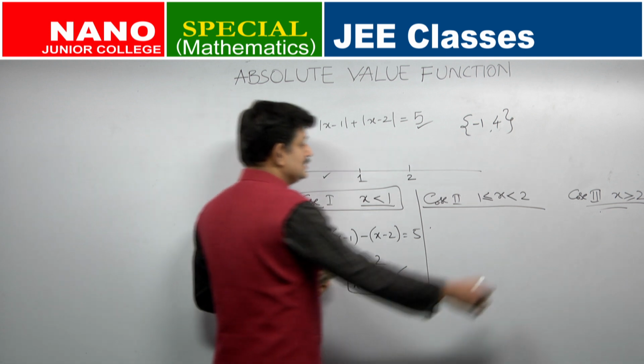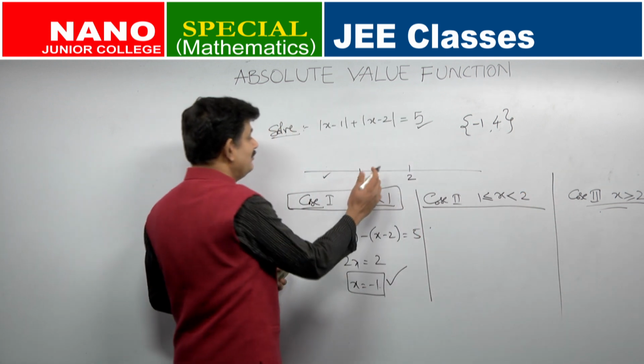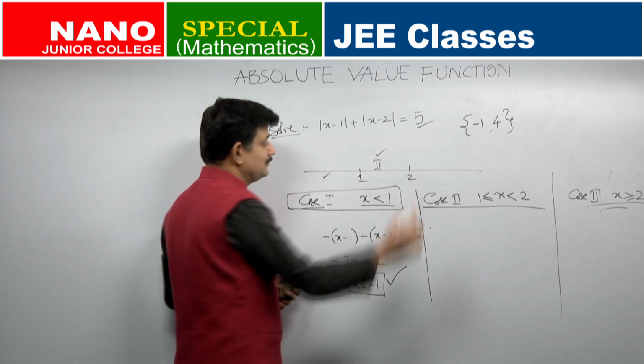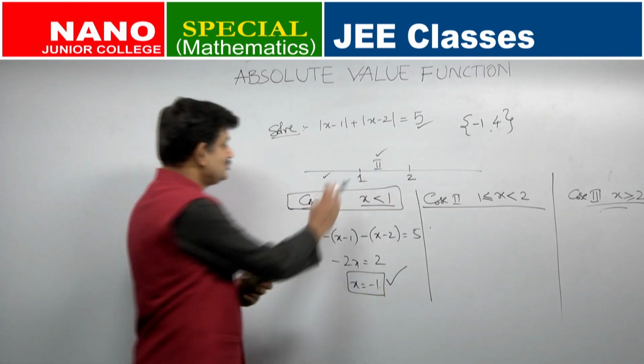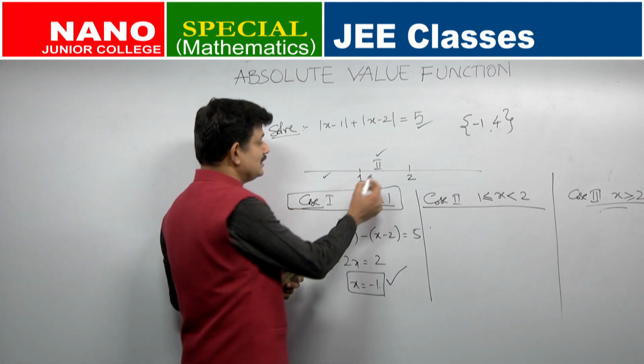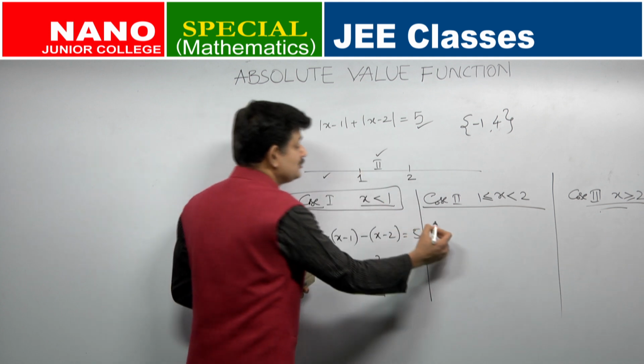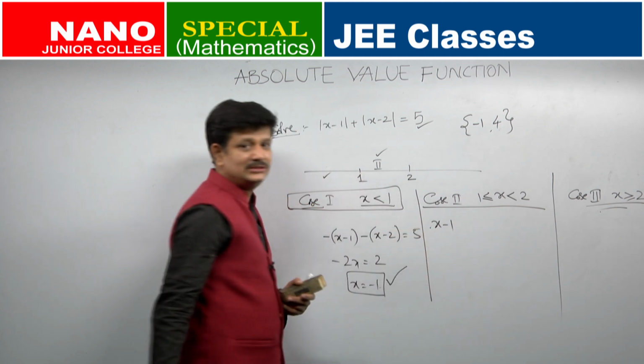Now, let me go to second case. What is second case? x is lying between 1 and 2. This is our second case. x is to the right of 1 and left of 2. So, x minus 1 is positive or negative? x is to the right of 1. So, x minus 1 is positive. Mod x minus 1 will be what? x minus 1 itself